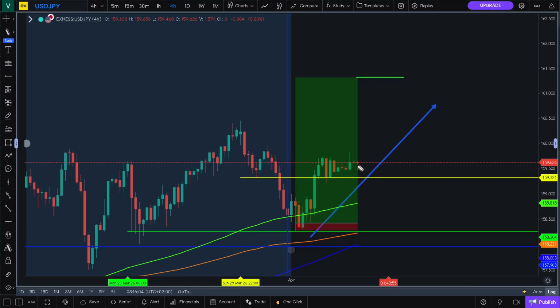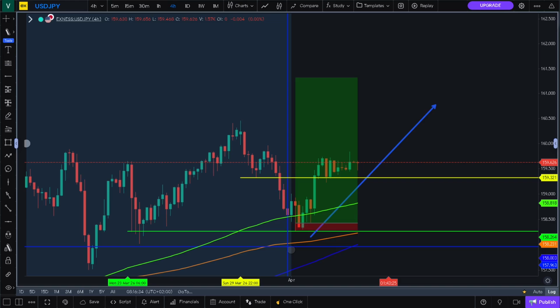This is exactly what I do expect to see before anything else. Also, we might not even get to this because of this 14-day liquidity that has been broken to the upside, or partially broken to the upside. It might just come down, retest this 14-day liquidity as support, and then continue to the upside. This is exactly what might happen. So this is the US dollar Japanese yen for us.